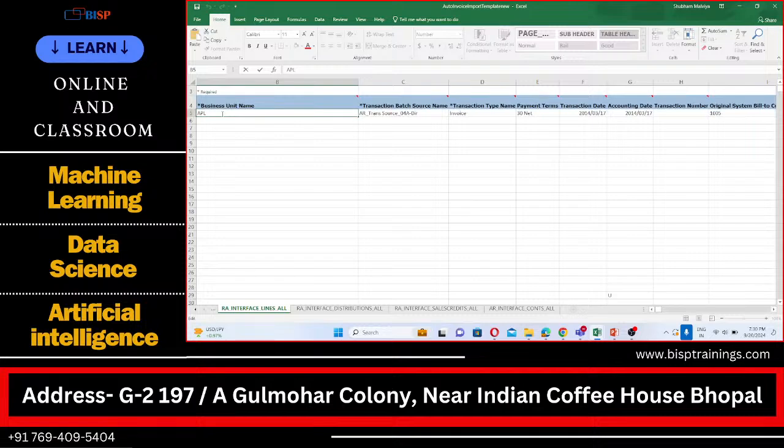Leave the transaction number, not mandatory, because the system will automate the transaction number. For the